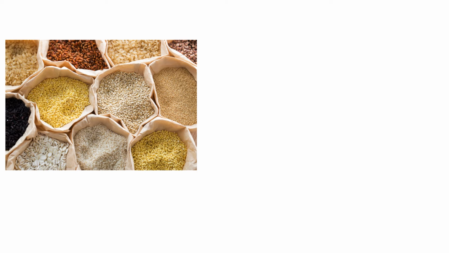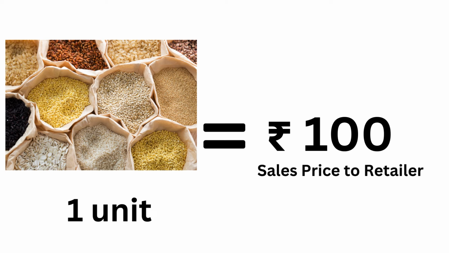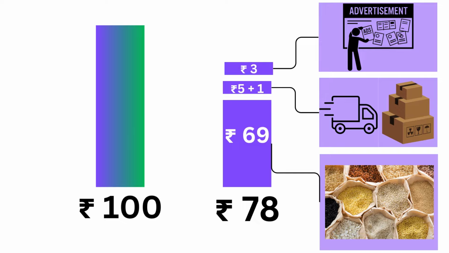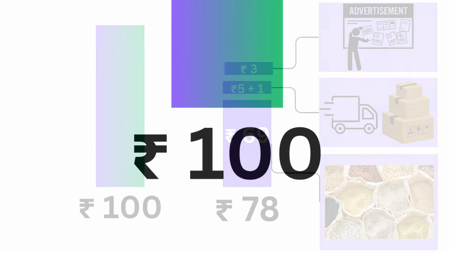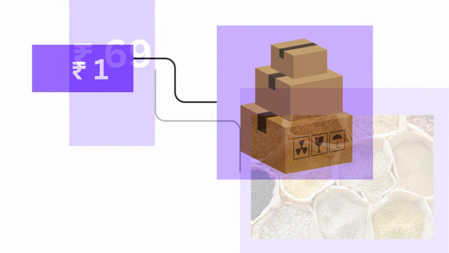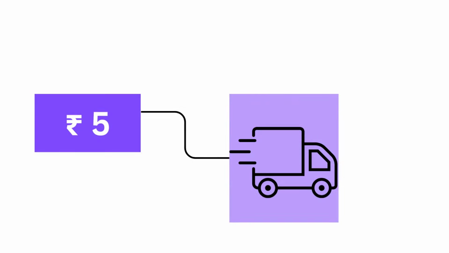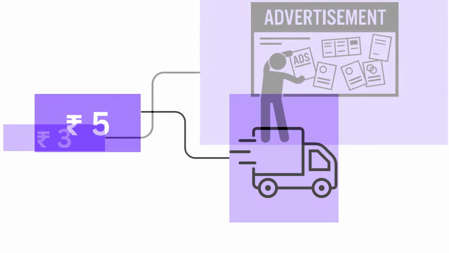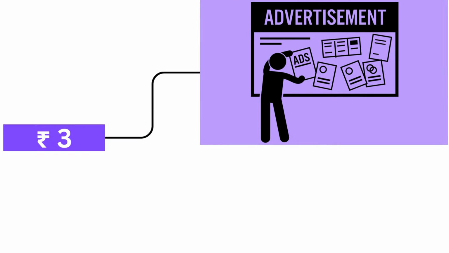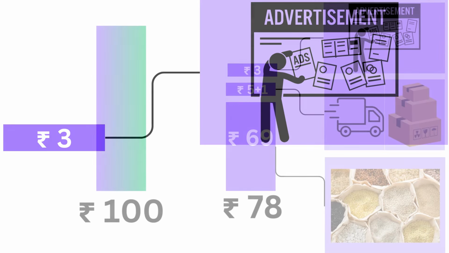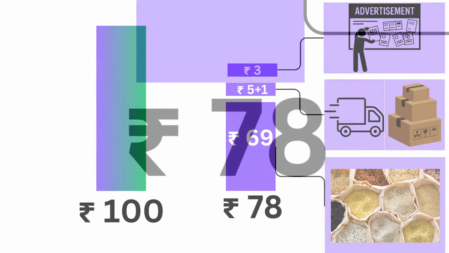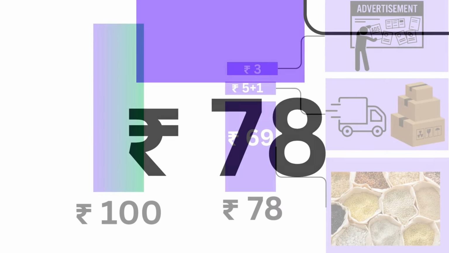For the sake of simplicity, assume that one pack of millet rice, which we will call 1 unit, has a sales price of 100 rupees. When you sell 1 unit of millet rice for 100 rupees, the cost of materials is 69 rupees. Also, add 1 rupee for bags and packing and another 5 rupees for transporting and distributing the millet rice. Plus, 3 rupees goes to marketing and advertising. So, your variable costs, which change with the number of millet rice packs you sell, are about 78 rupees for each